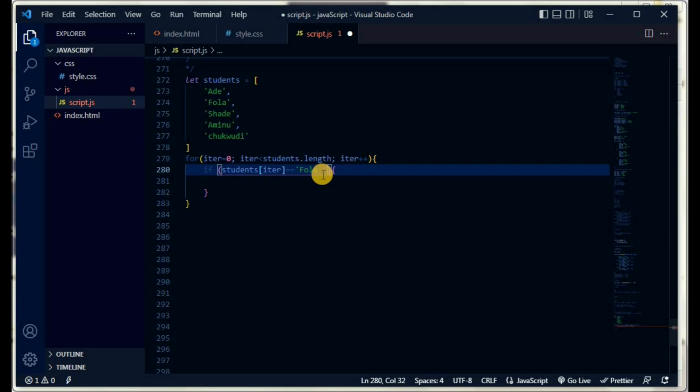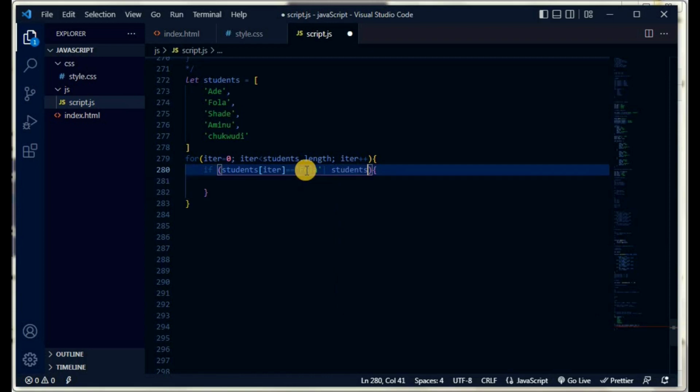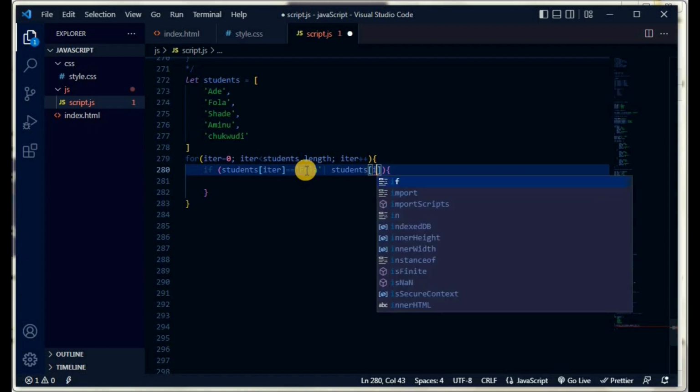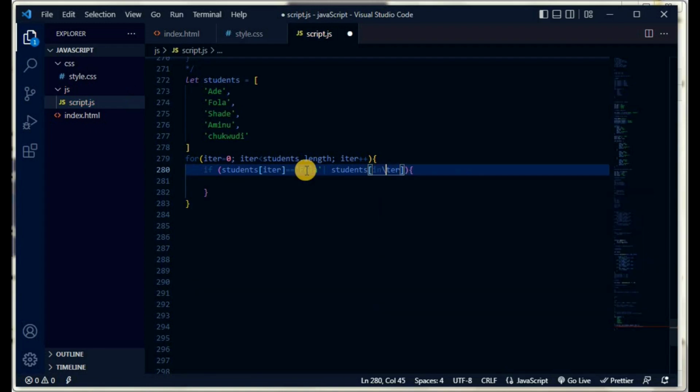Remember, we already talked about conditionals. So if the student with the index of either 0, 1, or whatever index the loop is in, is equal to Fola, or student iter